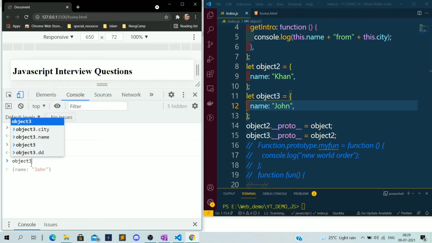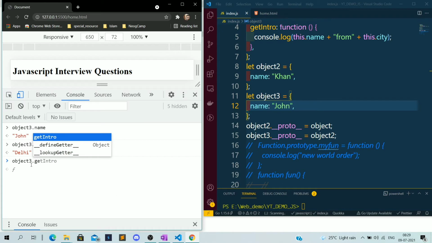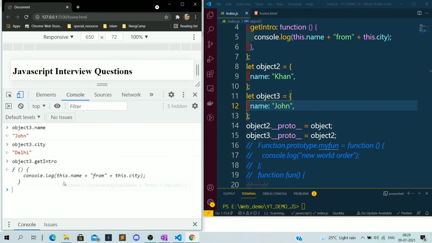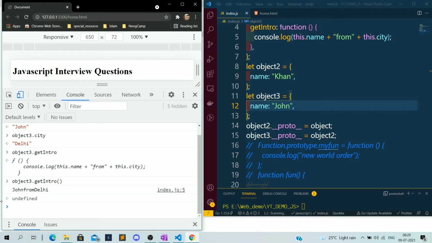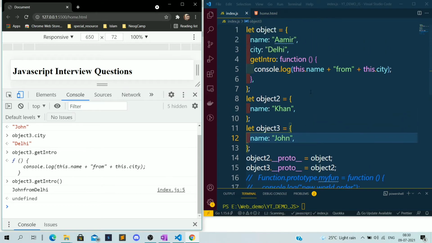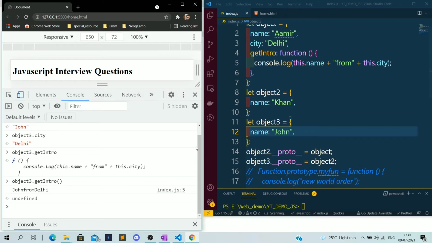Similarly we can also access this get intro. So get intro is a function which will return the console log. Now if we try to run this function get intro, it will print John from Delhi. Okay. Why John from Delhi? Here we are taking this dot name. Because I will show you at the start.